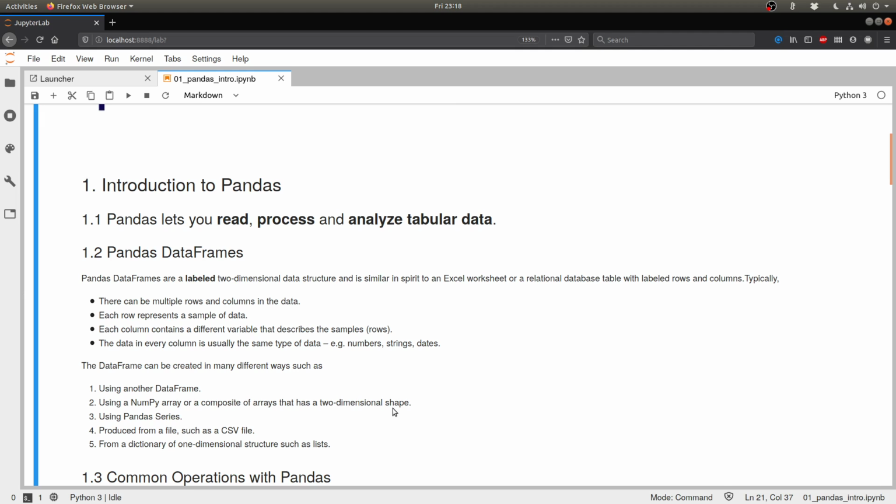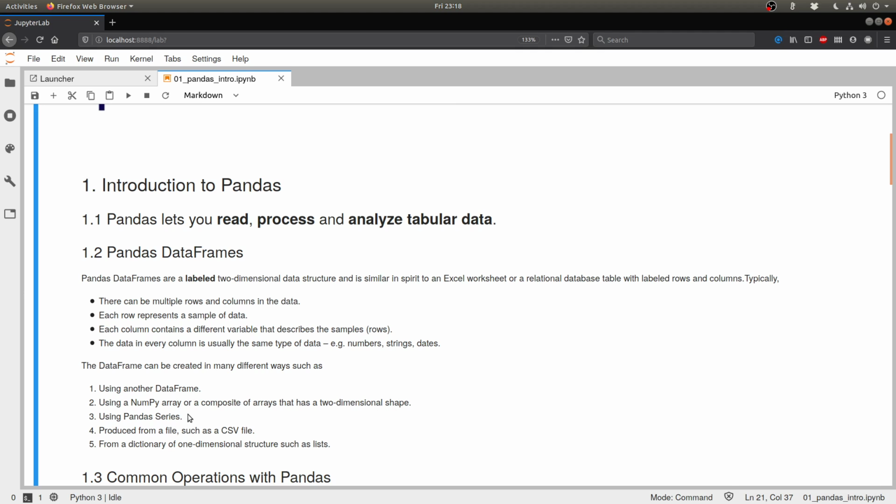For example, the nested list example, if you remember, which was a list of lists, and each internal list had the same amount of elements in it. So that represents a table. At the same time, a dictionary which has keys as the column headers and the values as lists which contain the column values, that also represents essentially a two-dimensional data set which can be used to create a data frame.